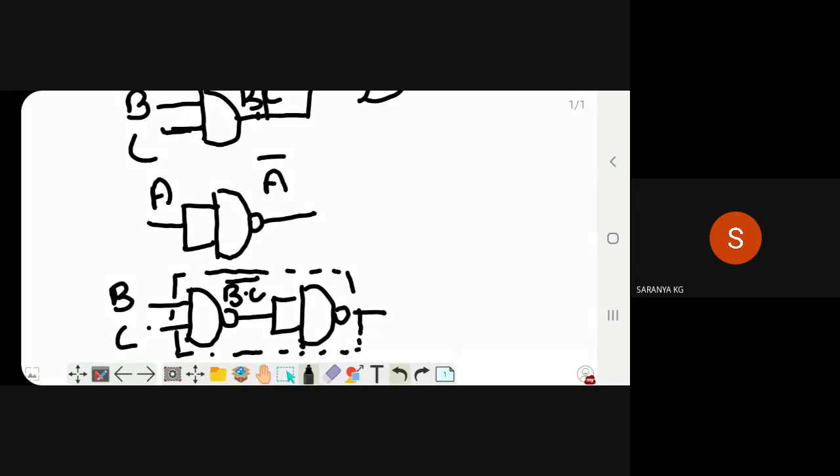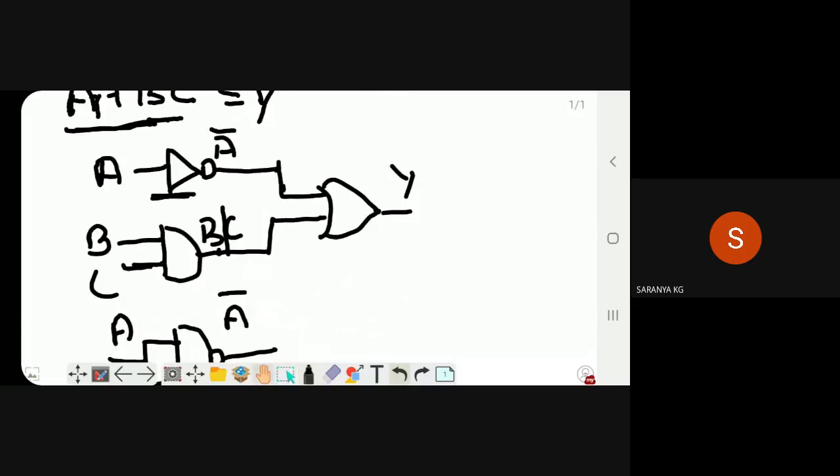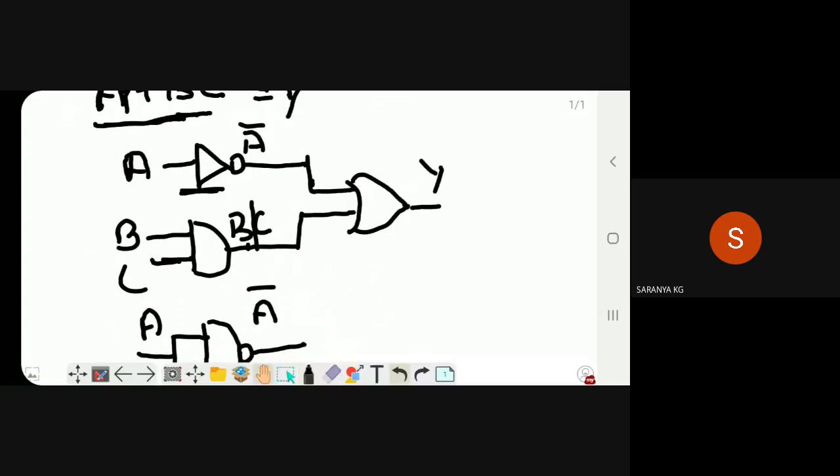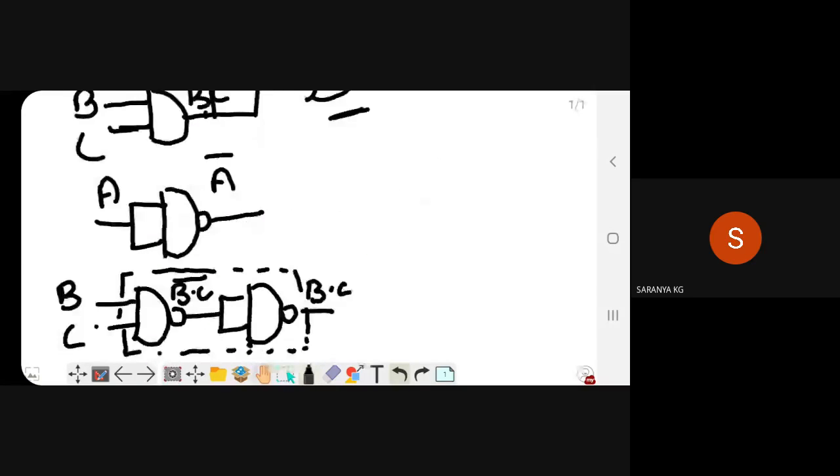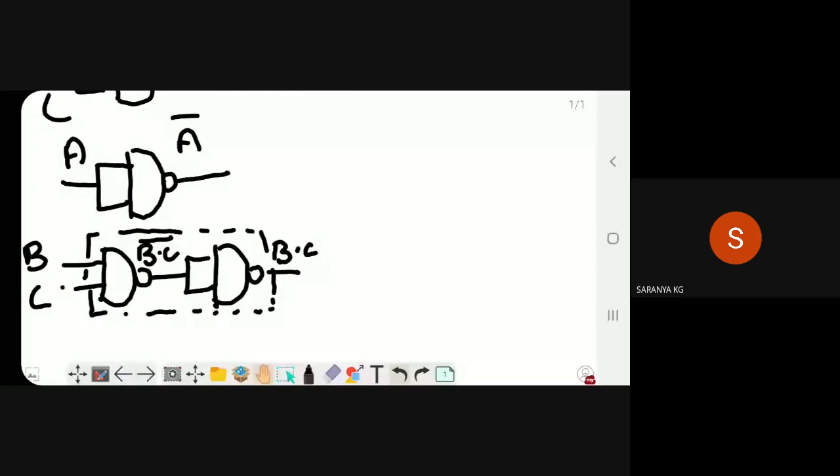Then I will receive B dot C as it is. Then for the OR gate here, you want to replace it with a NAND gate. So before giving the input, you want to complement it.